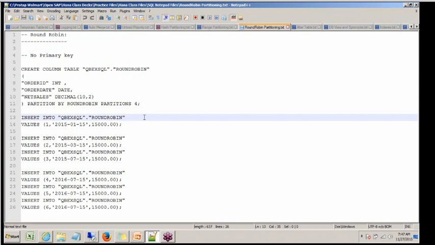See, round robin, you basically don't use any column to do the partition. It's like just splitting the table into 4 blocks, and data is moved from one partition to another based on the application that is using it. Say for example, I create a table with 4 partitions using round robin. When you insert data, you cannot control which partition it goes into. The application using this table will control when the data should move to which partition. The program will control that. Then we go with round robin.